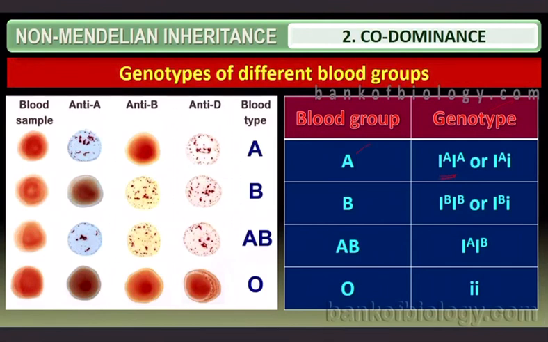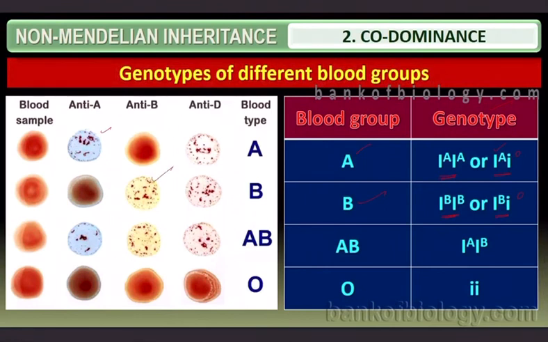Now, how does this take place? The blood group's phenotypic representation is because of the genotype. So, what is the genotype? In blood group A, there can be two types of genotypes. IA, IA means both homozygous, okay, both antigens, antigen A, or law of dominance. It can be IA, I0, again this A, law of dominance. Blood group, you can see here, blood group A, so the blood sample is there, presence of antigen A, okay, so only we said the presence of IA.